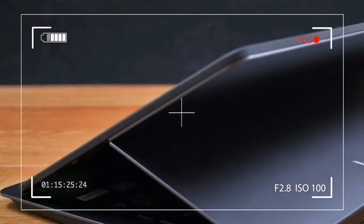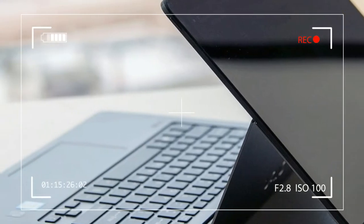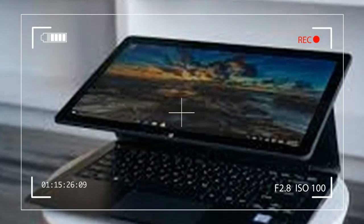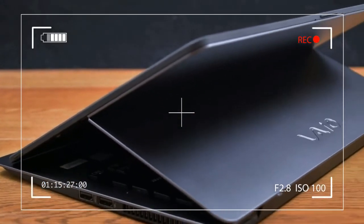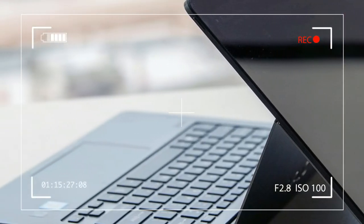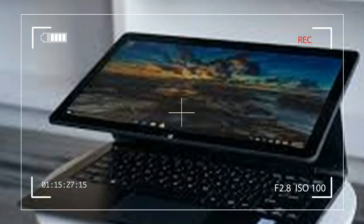The design is as eye-catching as it is unique, but limits the system's potential as a tablet. The keyboard doesn't attach, it just flips under the screen. That means, even in tablet mode, it's much thicker and heavier than 2-in-1s with a detachable tablet. If a detachable tablet is a priority, Vaio also makes a similar system called the U, which separates from the keyboard entirely. Still, there are a lot of very poorly designed 2-in-1s out there. Like the Vaio avoids that fate. It's just not as elegant as the